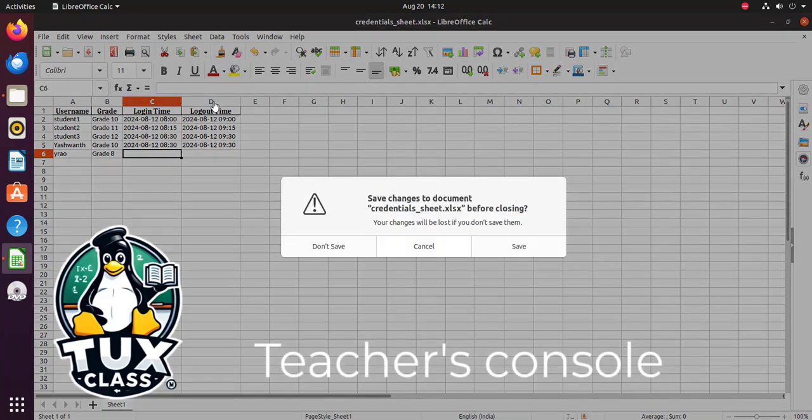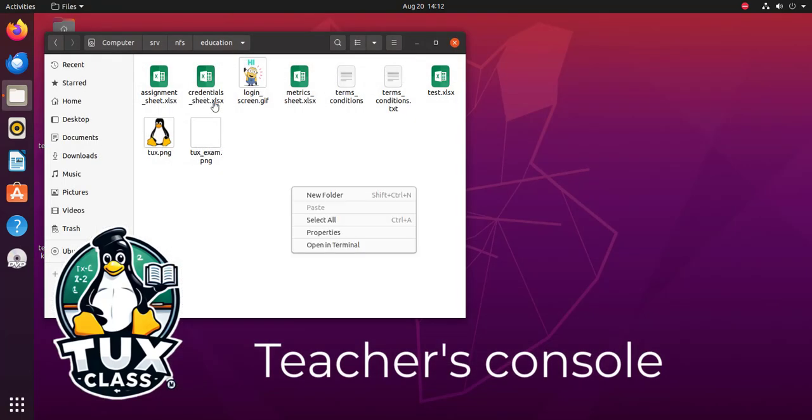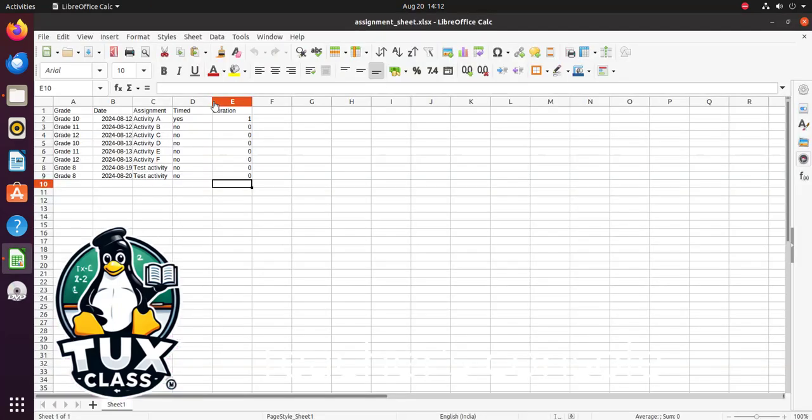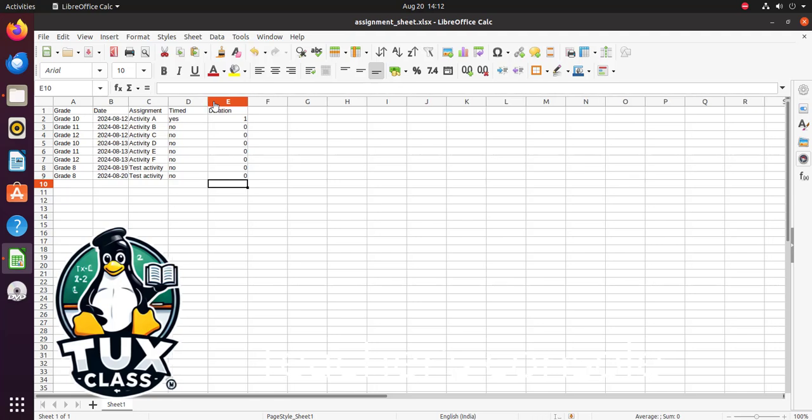The second Excel sheet that's there is the assignment sheet, and the assignment sheet basically provides information about all of the current assignments that the teacher would like to assign. So the teacher would basically go in here, and before the class starts, they are required to put in an assignment. And they have various columns here. So, for example, for grade 8, for this particular day, which is 20th of August, the assignment is, let us say,